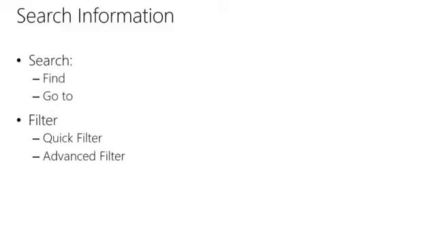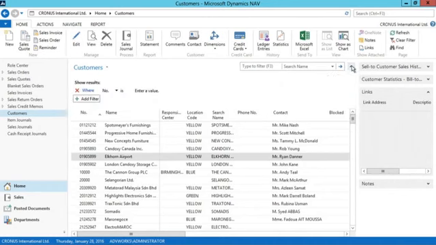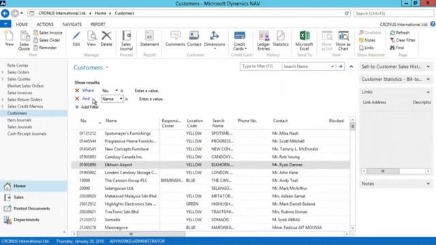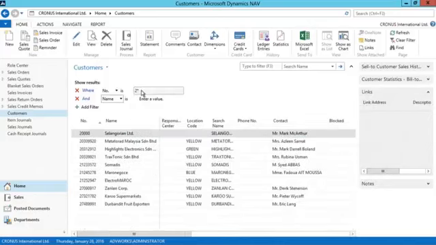Another way of filtering a window is by using the advanced filter functionality. Let me demonstrate this in the application. The advanced filter functionality can be accessed by opening the filter pane with this expand button. As you notice, what I can do here is add multiple fields on which I'm going to apply a filter. For example, I'm going to apply a filter where the number needs to start with a 2. So in this case, I'm going to enter 2 and then an asterisk. And then I'm also going to say,